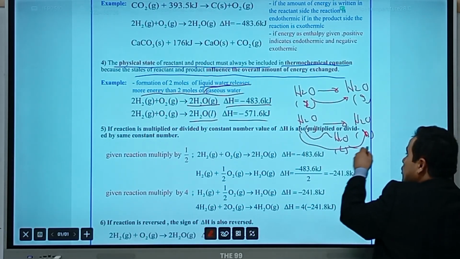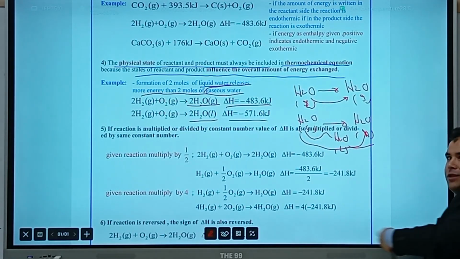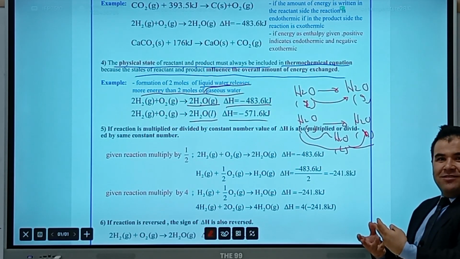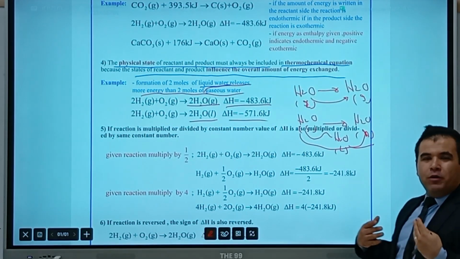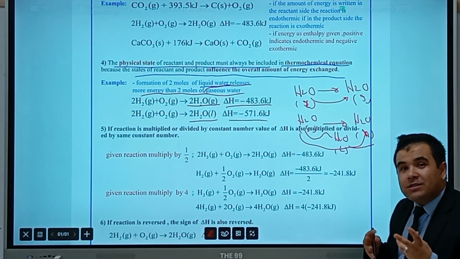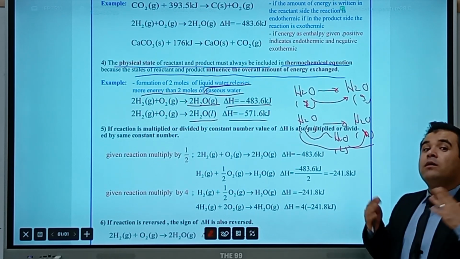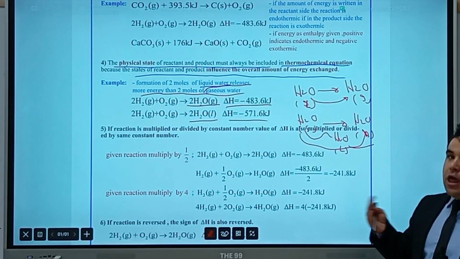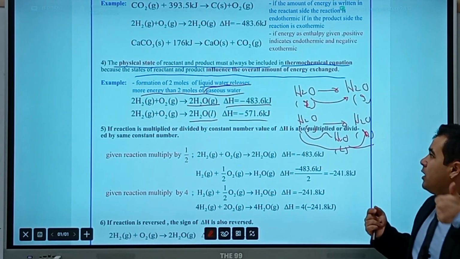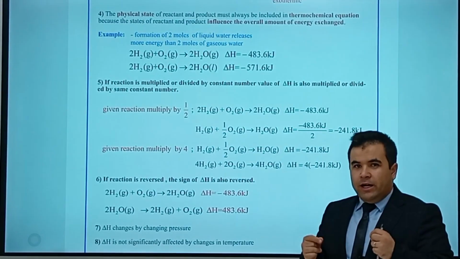So the path of this is longer, the path of the other is shorter. A longer path needs more energy, or absorbs more energy, or releases more energy. That's why the physical states must be represented. Different physical states represent different enthalpies. This is the first factor that influences the enthalpy. Okay guys,